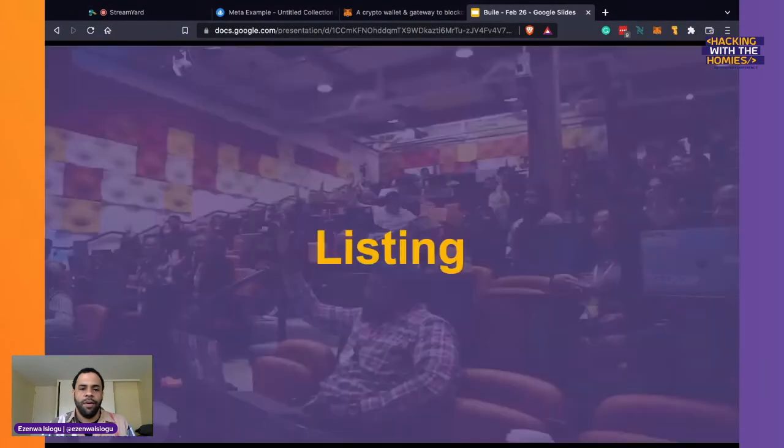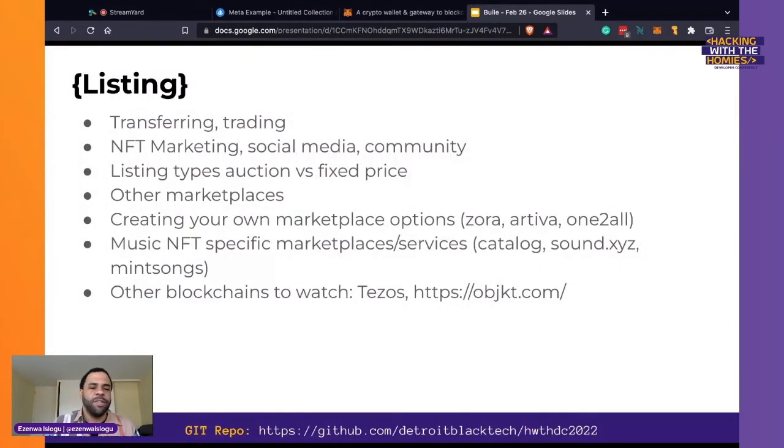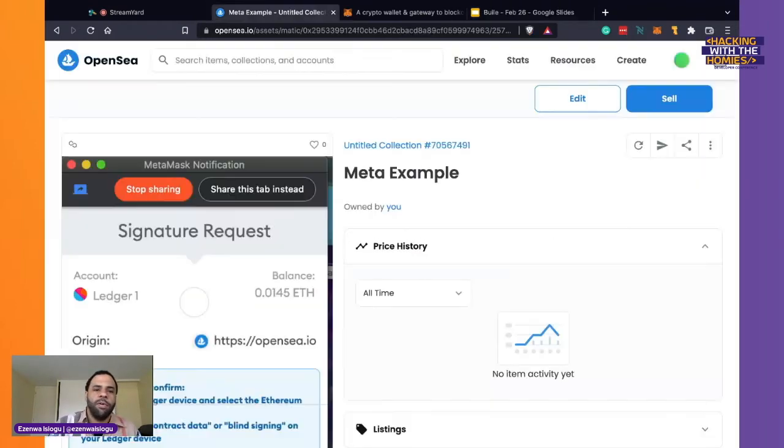There we go. Can I have it? Okay. So you don't have to list it. You could just sell it yourself. You could trade it. You could give it away. But obviously, part of the appeal is having new ways to make money and have opportunities to build equity. So after you have your token, you can sell it. I'll go through that